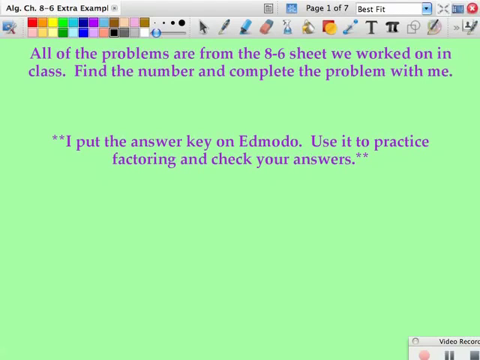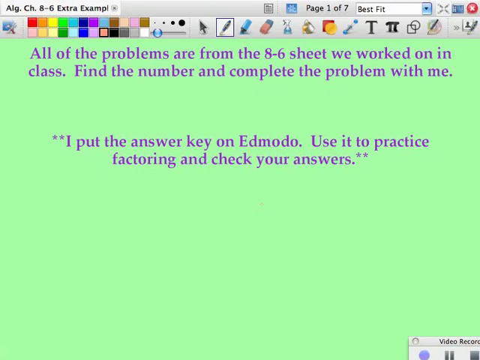So this is basically just for those of you who maybe need some extra examples to see them worked out and, you know, kind of be talked through them some more. I am using the problems from that A6 sheet that we did in class today. The numbers correspond perfectly to that sheet, and I will put the answer key on Edmodo so you can use